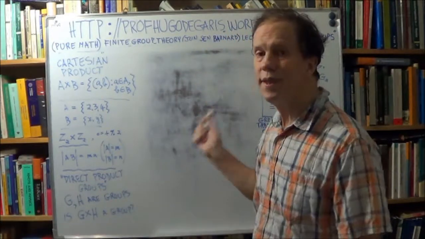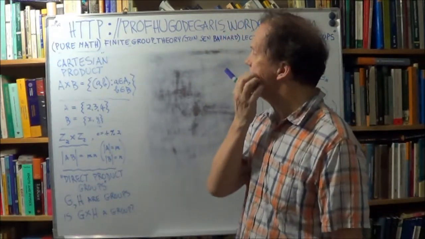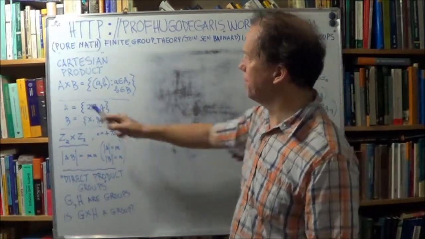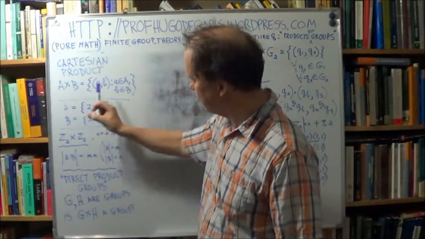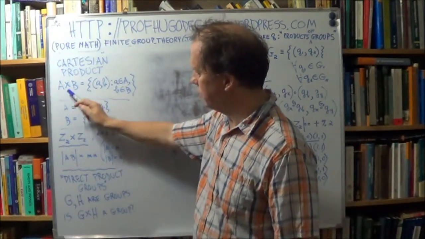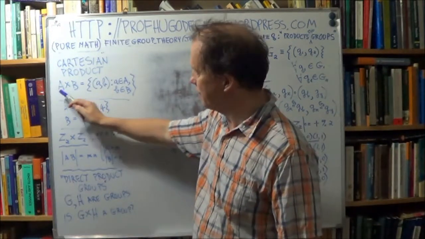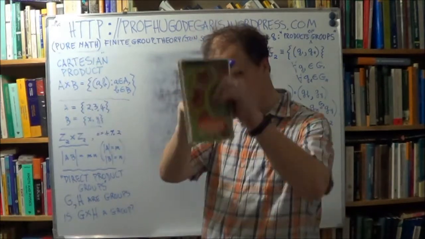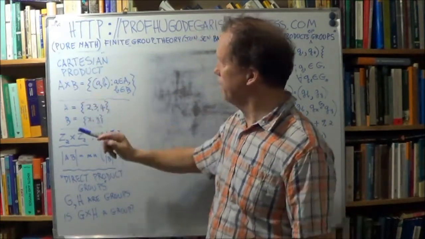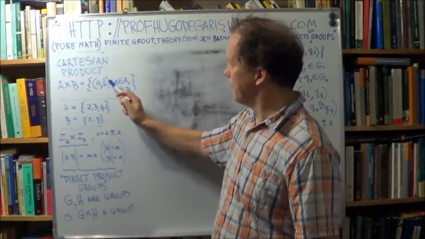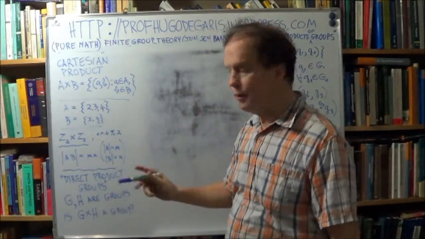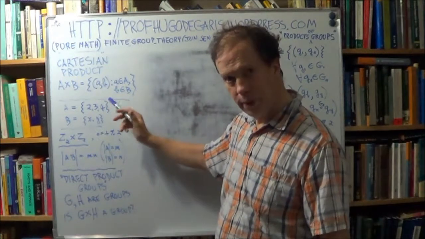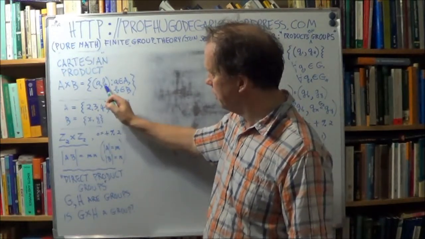All right. So what is a Cartesian product? How do you define it? Well, you have two sets, A and B, and you form their product in the following way. Firstly, you symbolize it as A × B, and you define it as a set of all possible ordered pairs. Remember that from earlier lectures? An ordered pair is that you just have two things,